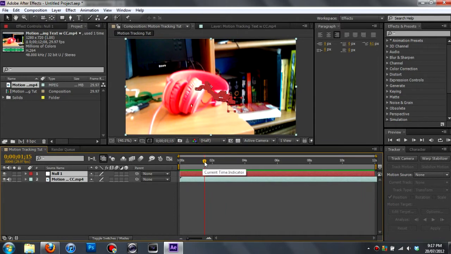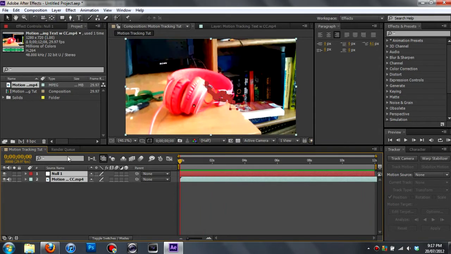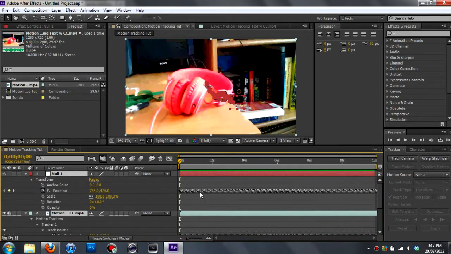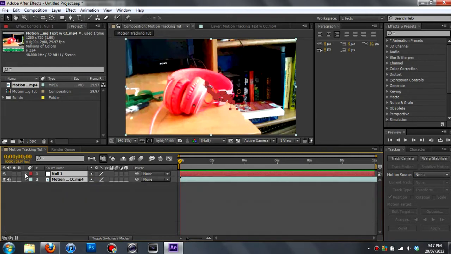Okay, so there we go. And then you're gonna go null, transform, and if you look here, it's a whole bunch of little keyframes, so it's actually just making a keyframe for every frame, so it tracks it. And then you're just gonna go text,